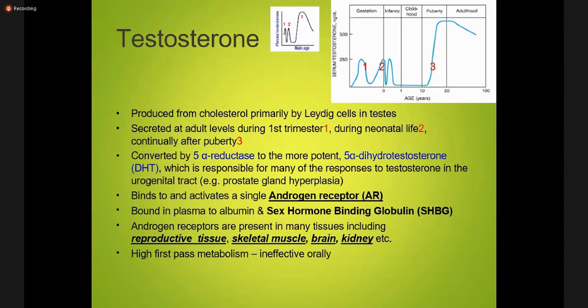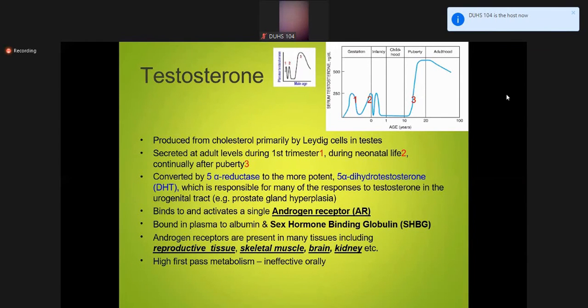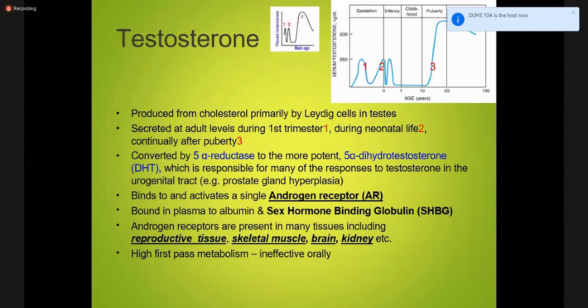Androgen receptors are not only responsible for secondary sexual characters, meaning they are not only present in reproductive tissue, but they are also present in skeletal muscles, brain, and kidney. This is why the muscle mass or masculine nature in males is basically due to this hormone. And if this hormone is taken in larger quantity, the musculature can be increased, and this is why it can be used in many conditions, legal as well as illegal. That means people use this to increase their skeletal muscle mass.